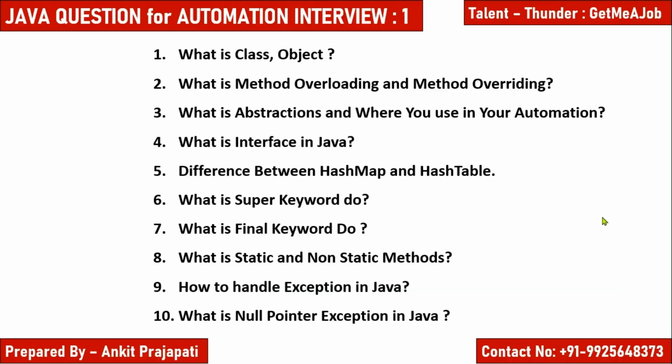Okay, so let's start with the initial questions that we have in Java. It's like what is class and object, then what is method overloading and overriding, what is abstraction, where are we gonna use the abstraction in automation. Sometimes they will ask you this OOPs concept with respect to your framework. Okay guys, so if you answer, try to relate it with your framework where you have used it, or you can google things like OOPs concept with automation framework, you will definitely get some examples, and over here I will also talk about those examples.